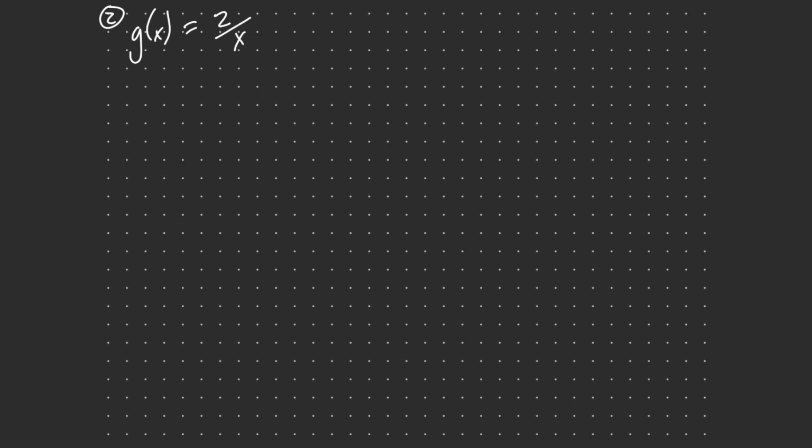So I want us to take the derivative of this function here, g of x. We're going to do this using the definition of the derivative. So if you recall, g prime of x is going to be the limit as h goes to 0 of g of x plus h minus g of x, all of this divided by